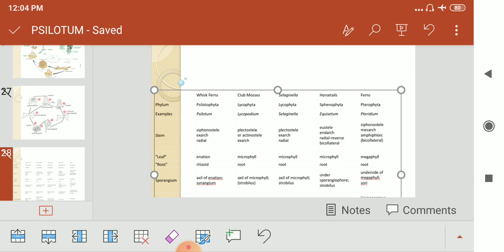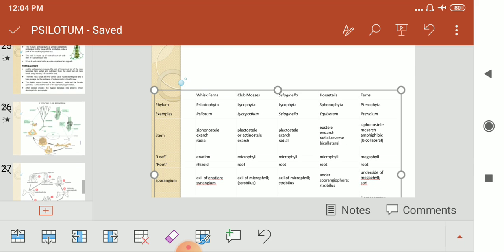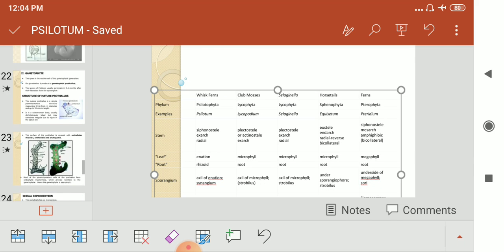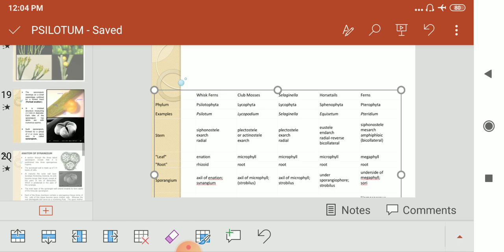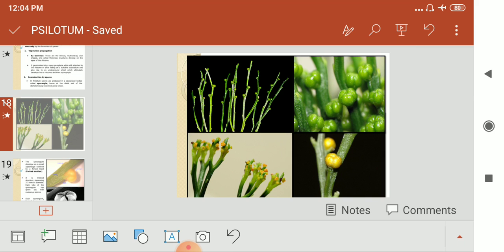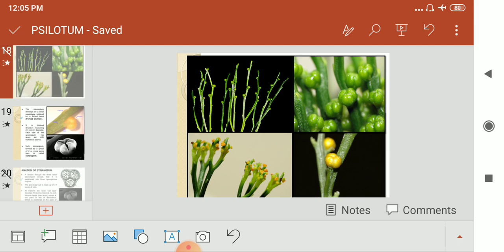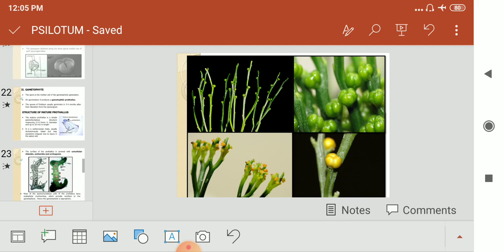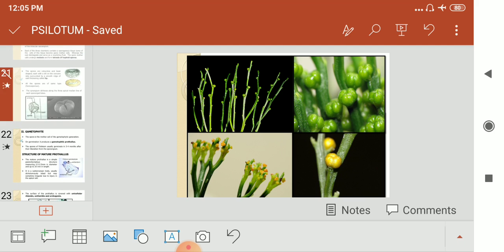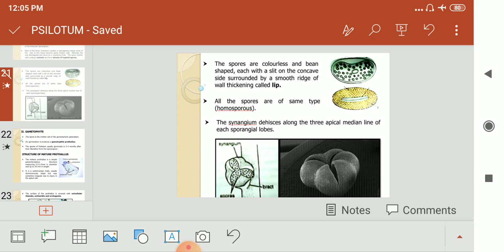So what actually the root and the leaf of the other groups of pteridophyte look like compared with the xylotum. This is actually a perfect figure of the synangia or the spore bearing structure. Okay, I hope you will get all these structures with the diagrams. So this was missed in the earlier slide. This homosporous will be produced in a synangia structure.